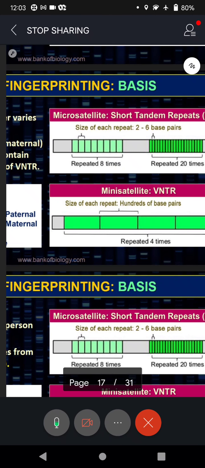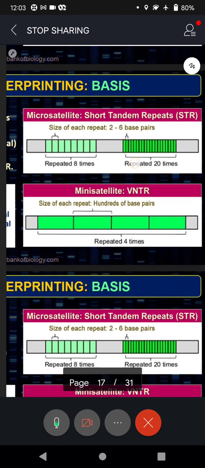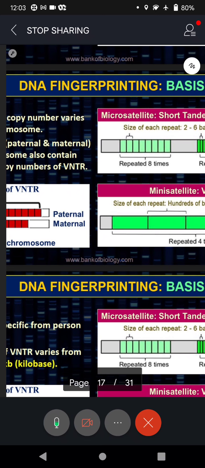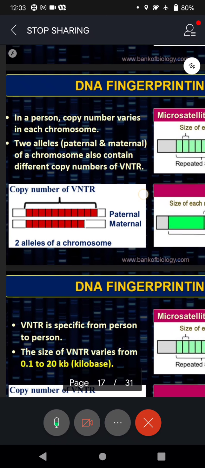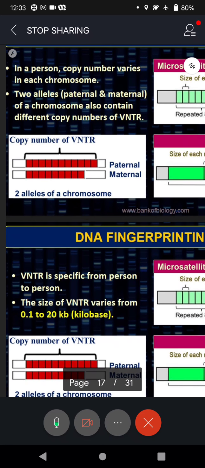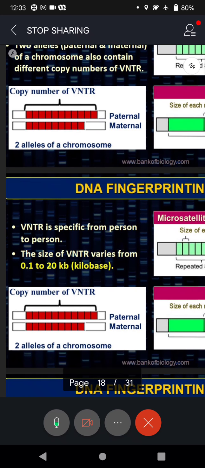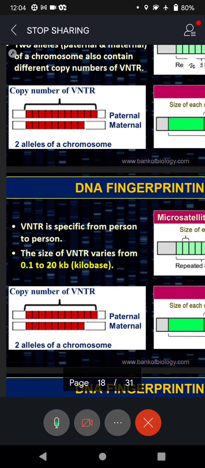23 chromosomes from mother, 23 chromosomes from father. Totally the embryo is getting 46 chromosomes, isn't it? So when we study those 46 chromosomes of the baby and the VNTR pattern from either the mother's side or father's side, whichever is in dispute, it is studied like this. Now it goes without saying who is the biological father and who is the biological mother, isn't it?